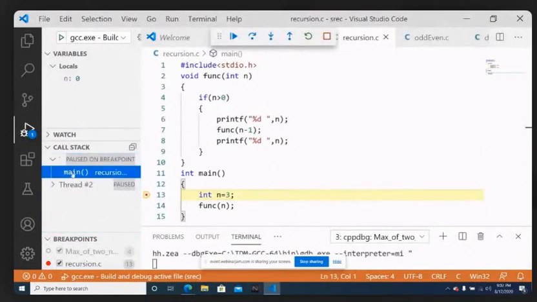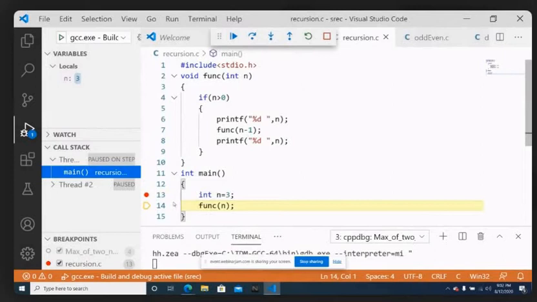This is what is called an activation record. Once the main function started executing, the activation record for the main function gets created, and whatever is available inside main is shown here. So inside the main activation record, we have a variable called n. By default, it has a garbage value, 0. But once the 13th line gets executed, it will be assigned 3. So we execute the 13th line, and automatically this n value is assigned 3.